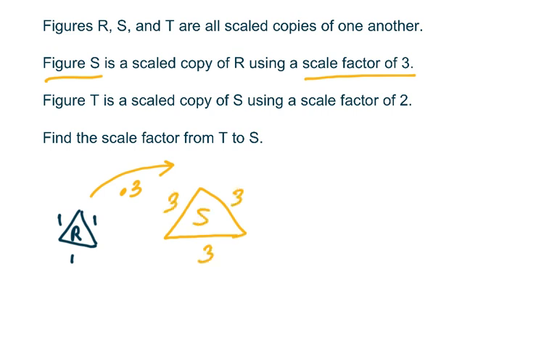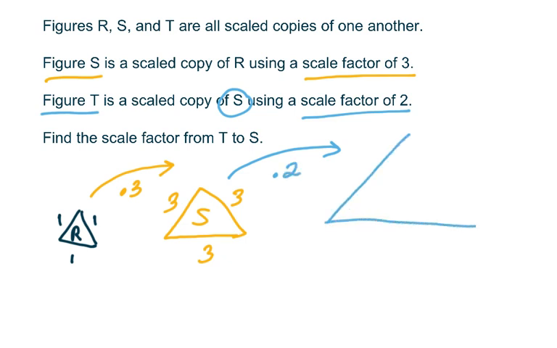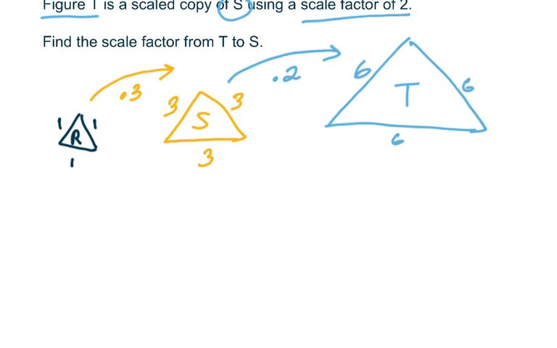So that's figure S. Then figure T is a scaled copy of S. That's really important because we're going to go from S to T. And the scale factor for this is 2. So multiplying by 2. And so that gives us this triangle. And so the side lengths are 3 times 2, which is 6. Now that I have an image, I'm far more able to understand how to do the rest of the problem